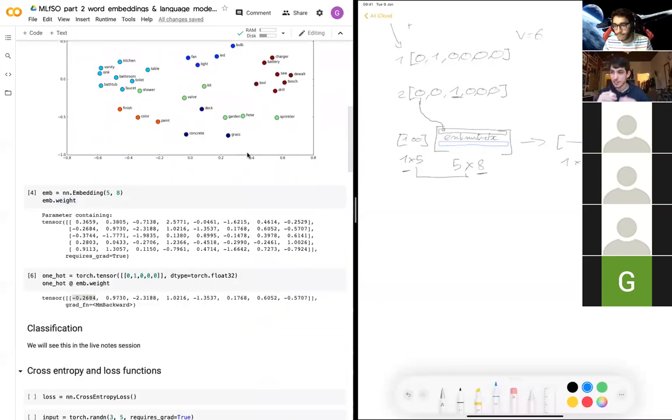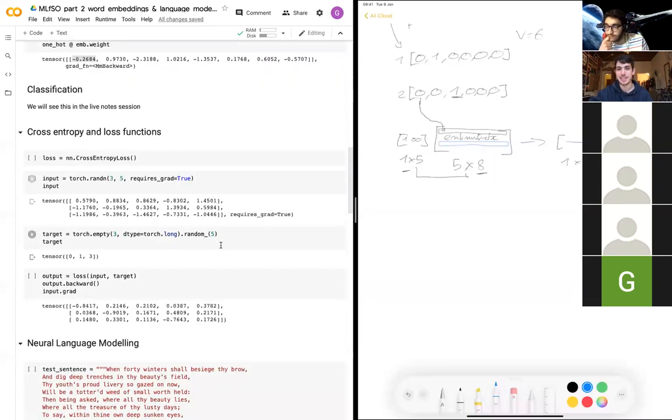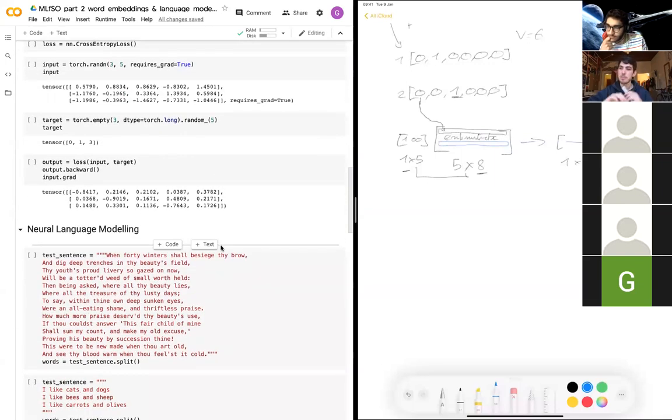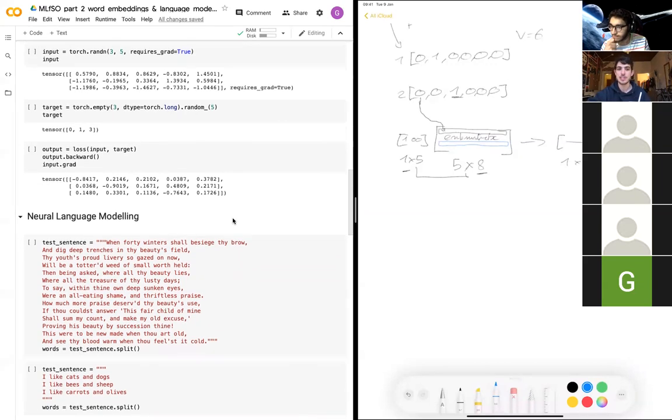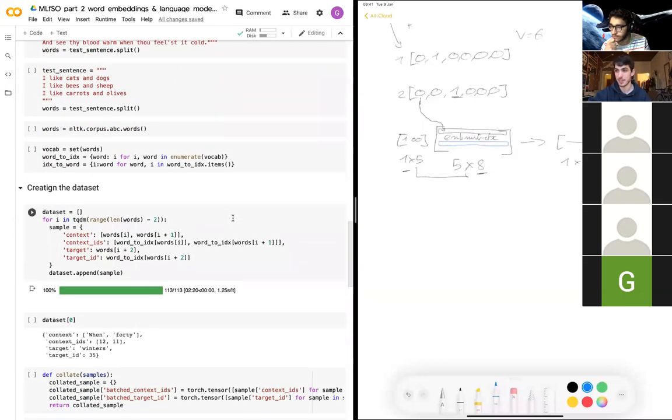And so we're actually going to do this later on. We're going to build our own language model. And really, I think maybe the best way to do this, because this is a topic where a lot of things happen at the same time, in particular with language modeling, because we need to know embeddings, we need to know classification, we need to know a little bit about how to train these things. What we're going to do is dive into the task in a more broad sense and describe it. And then I'll go into details of what the model actually looks like and how we're creating this